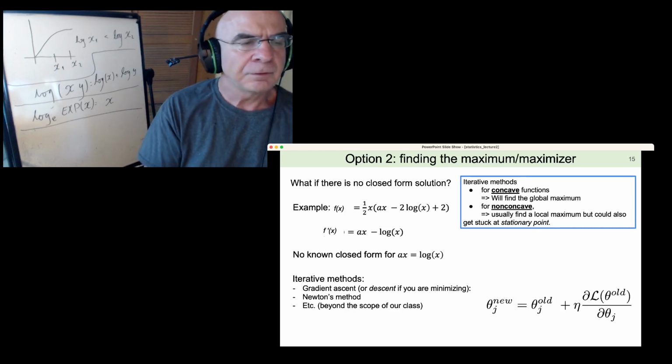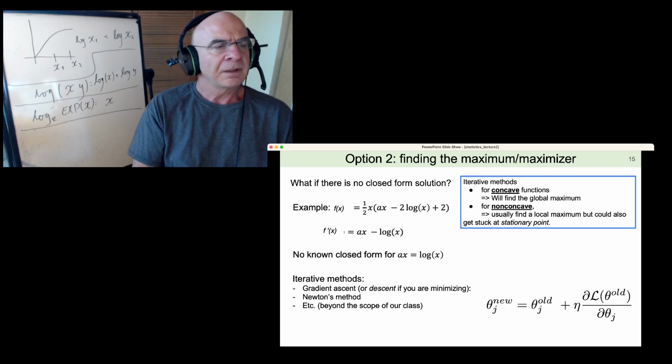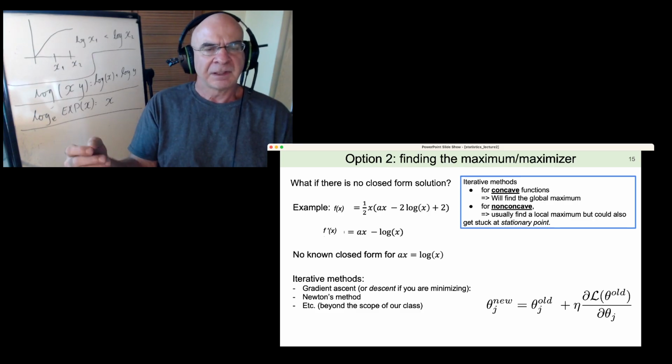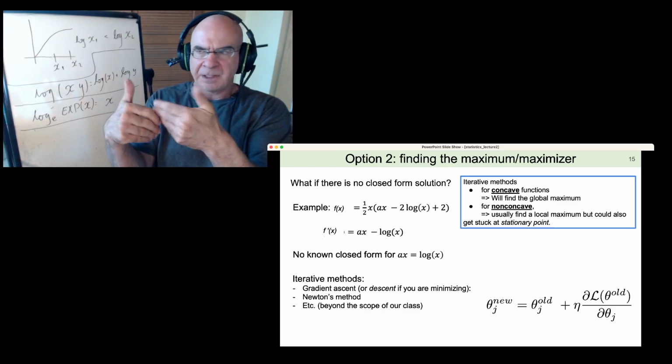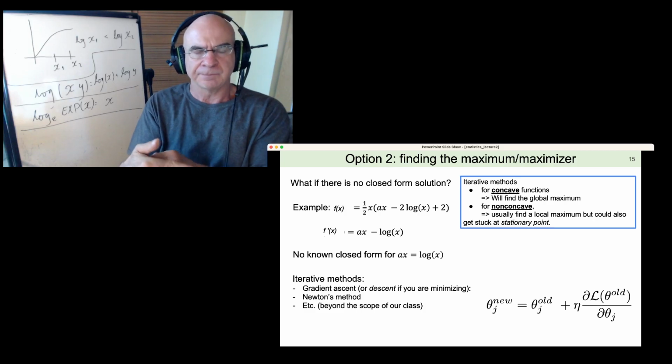So we have two methods in mind to find the optimum. We would prefer the closed form, and the closed form doesn't require multiple iterations. Just take the derivative, ask at which point the derivative is 0, and voila, that's a great candidate to be the maximum, like the maximum likelihood. However,